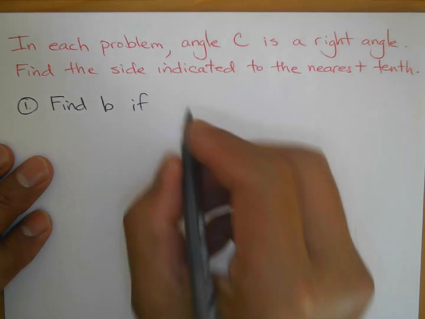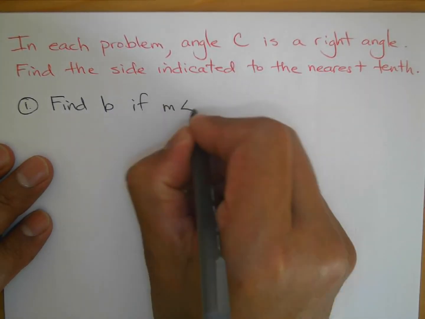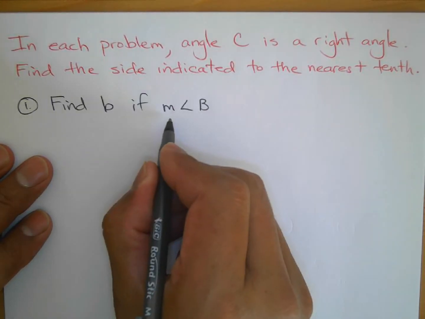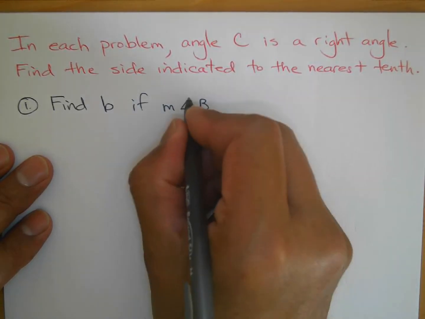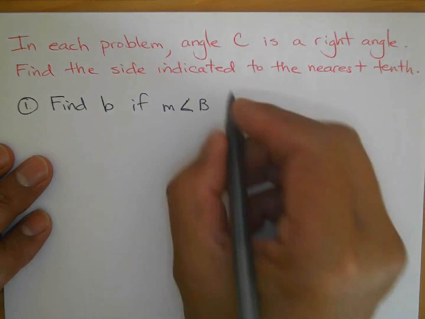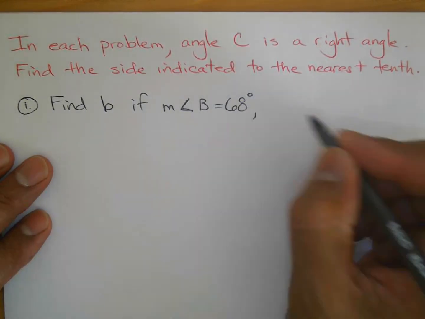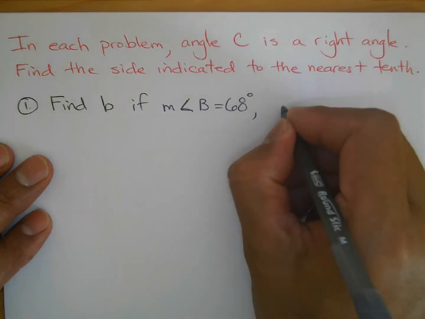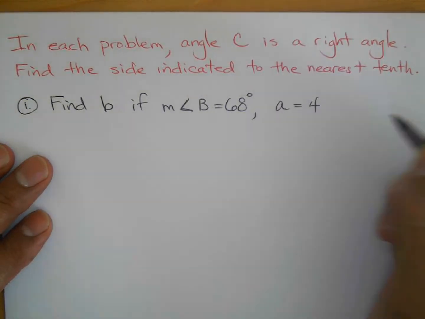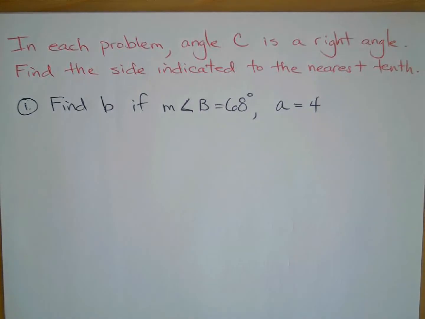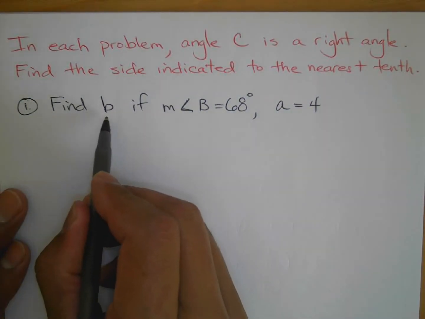if the measure of angle B, that's what these symbols stand for, the measure of angle B is equal to 68 degrees. And then they're going to give you another piece of information: A is equal to 4. Okay, so you have to remember, lowercase letters are